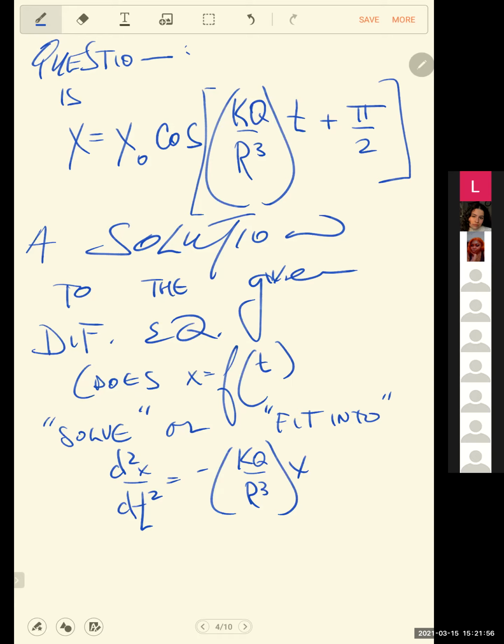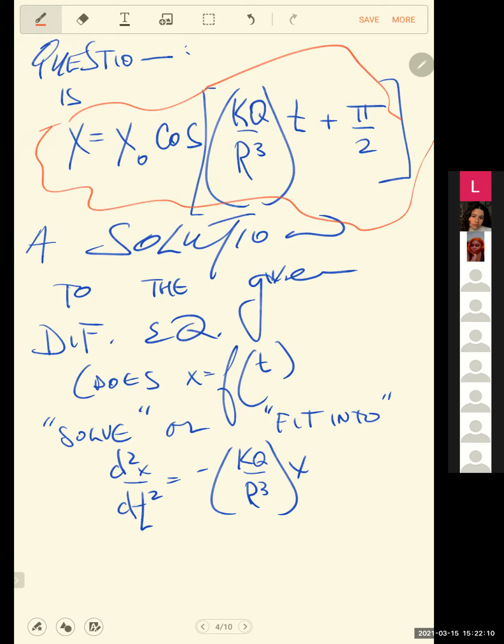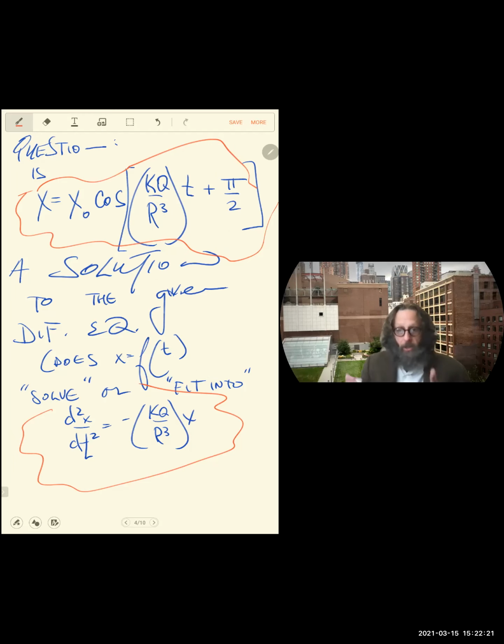Okay. And the way to answer that always, and I know you guys know this, is to take derivatives. To know whether this is a solution to this, oh, let me change the view. Sorry, pardon me. If we're being asked that, which is what we are being asked, then what we do is we take derivatives of the function. Specifically, we take 2 derivatives to see if, once we take derivatives, we get the sort of thing that the differential equation is saying that we should get.